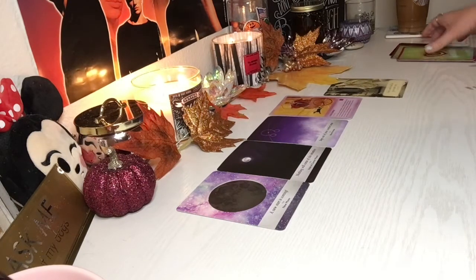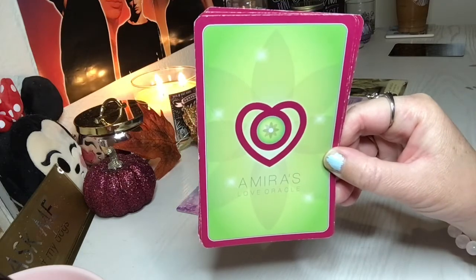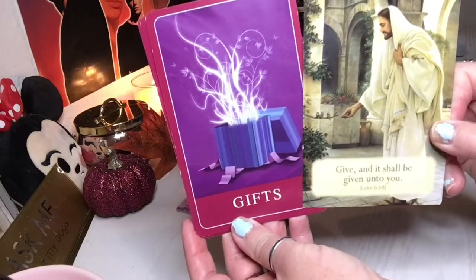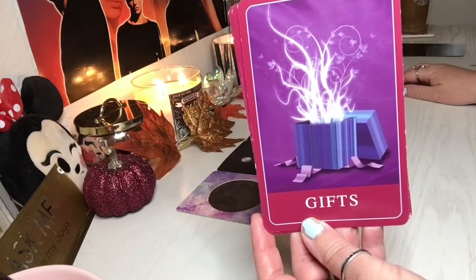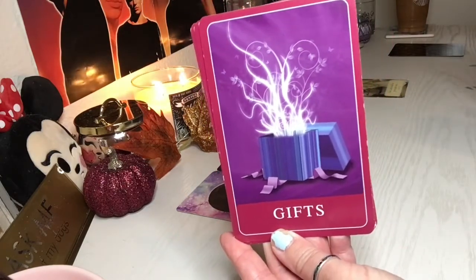All right. From Amira's Love Oracle. Let's see if anything comes through for you guys on the love front. We have gifts, which is so funny because we literally just had give and it shall be given unto you. So I feel like this gifts card here is kind of just confirmation of that, you guys. I don't feel like you're stingy or anything like that, like you're not a giving person, but